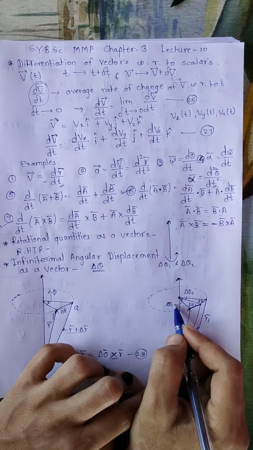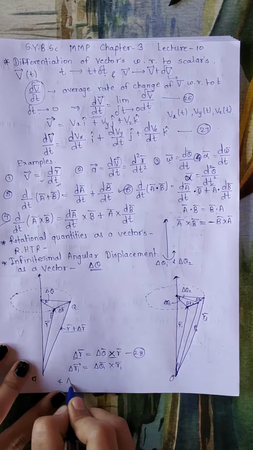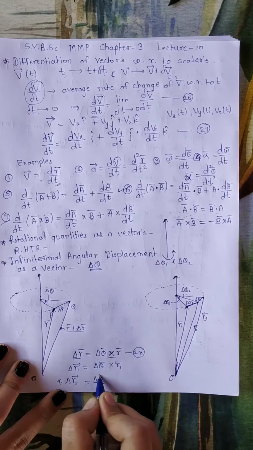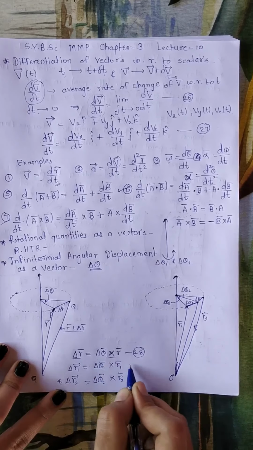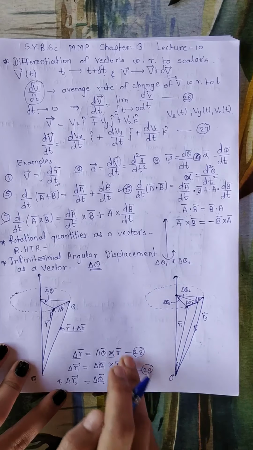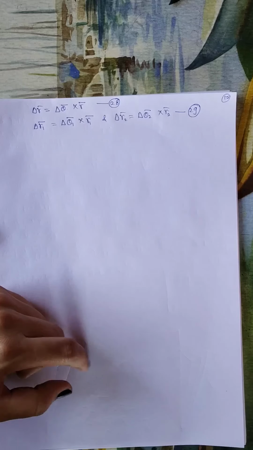Now according to this equation, for two displacements, here we have taken delta r for point P to point Q. Now this delta r1 according to this equation will be delta r1 bar equals delta theta 1 bar crossed with r1 bar, and second will be for delta r2 bar. According to this definition, this will be delta theta 2 bar crossed with r2 bar. Let me call this equation 29. I will write all these three equations on the next page and we'll go for further discussion.